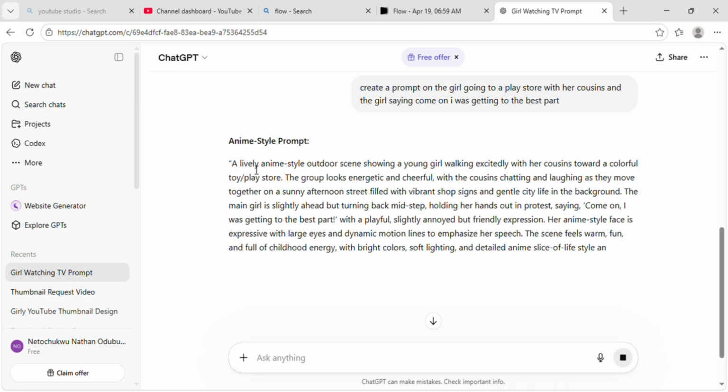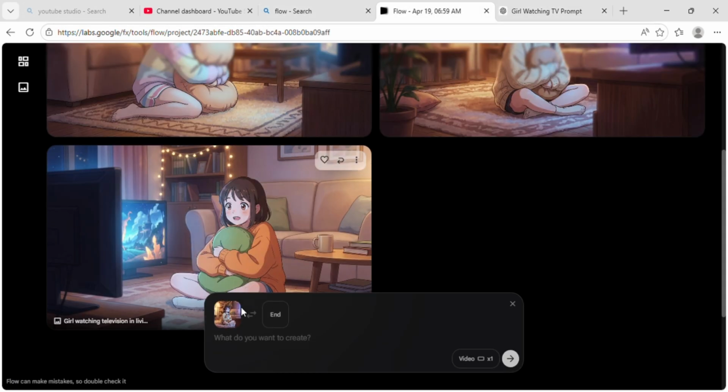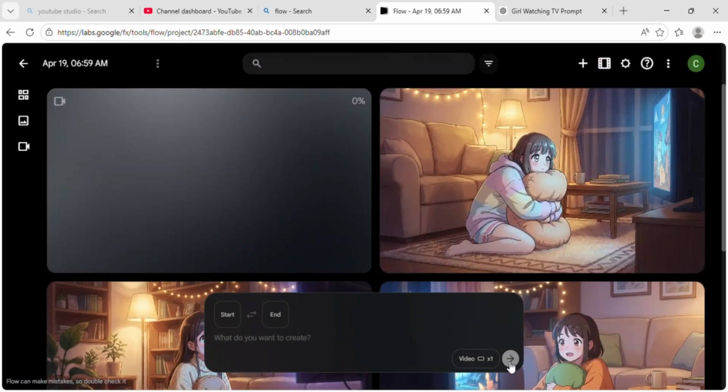Now the next scene, you have to do the same thing. Highlight everything, then click Ctrl+C and all the stuff. So I highlight everything, click Ctrl+C to copy, and now go to Flow, and click Ctrl+V to paste, and now it's already changed to video 1x, and it's at